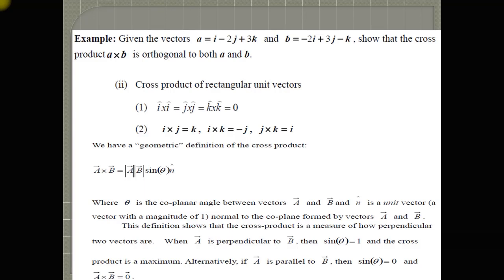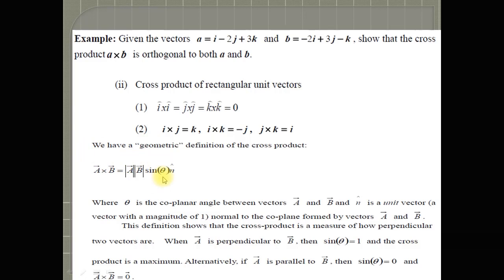And similarly, the cross product or vector product of two vectors is denoted by this cross symbol, that's why this product is called a cross product. The cross product of two vectors is given by the formula |A||B| sine theta n cap. Why do we put this unit vector here? Because this unit vector represents that the result of A cross B will be a vector quantity.